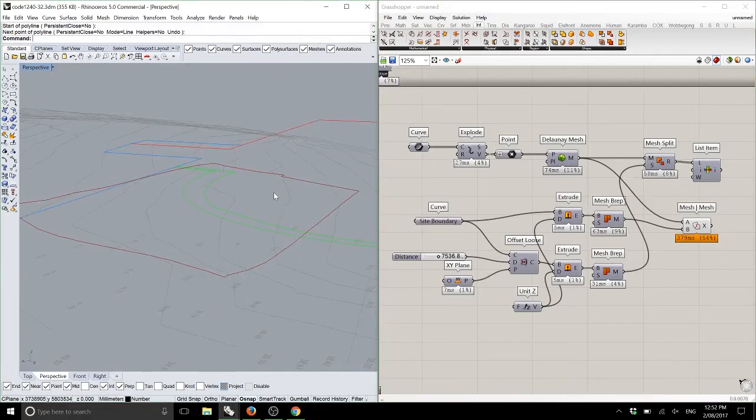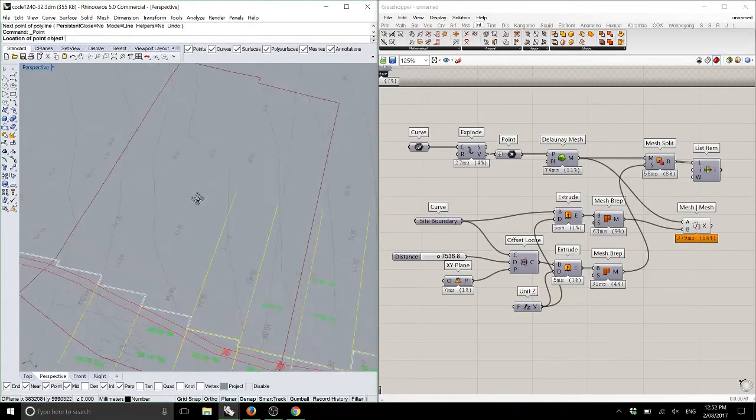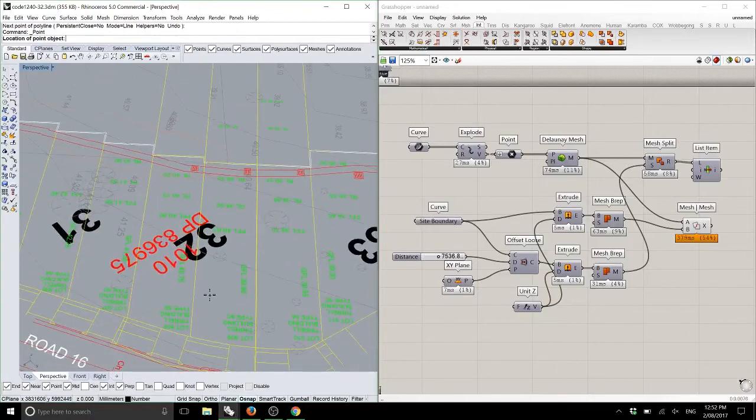Just note, if you want to start altering the landscape, all you have to do is add points to your Delaunay mesh or remove points from your Delaunay mesh. Right? So, if I want to stick a big fat mound right here,